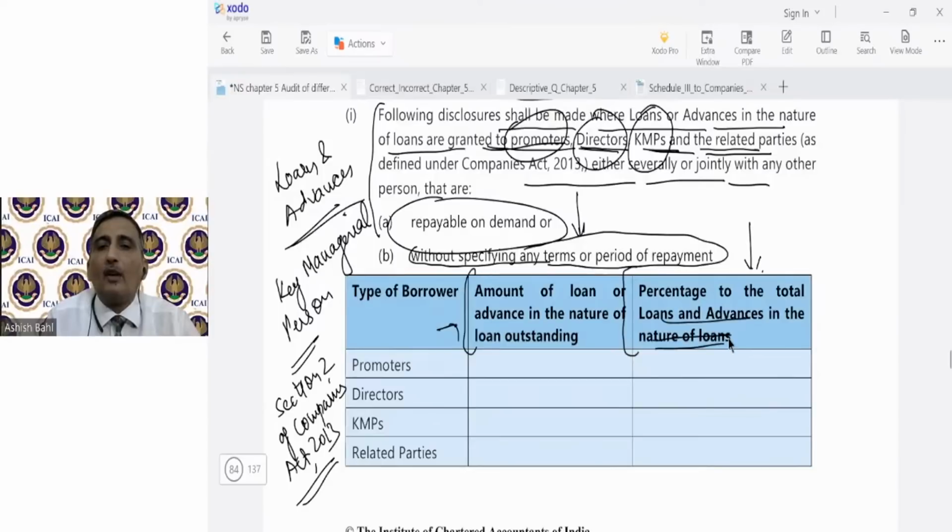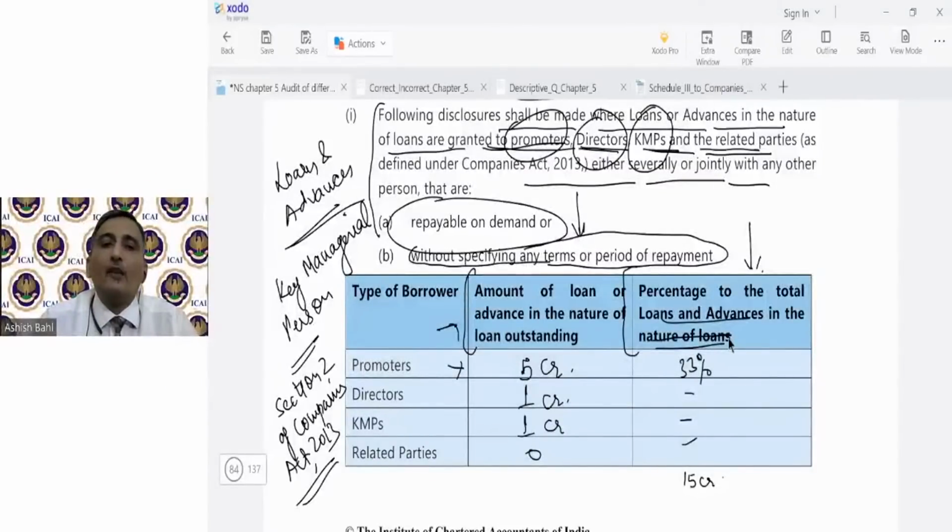of loans. कि promoters को कितना लोन दिया है, say 5 crore, डायरेक्टर्स को से 1 करोड़, से केएमपीज को 1 करोड़, से रिलेटेड पार्टीज को 0। तो टोटल जो लोन्स एंड एडवांसेस हैं, अगर टोटल लोन्स एंड एडवांसेस 15 सीआर के हैं तो उसकी परसेंटेज क्या है? ओके, 33%। सो एंड सो ऑन।